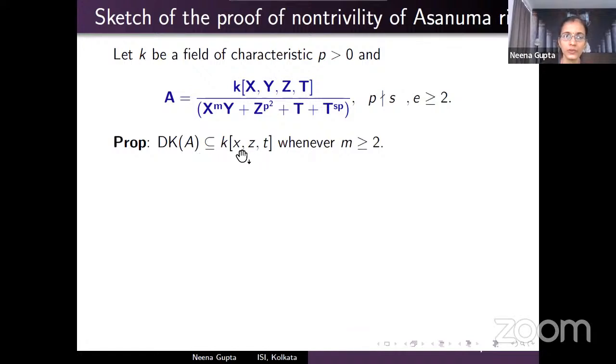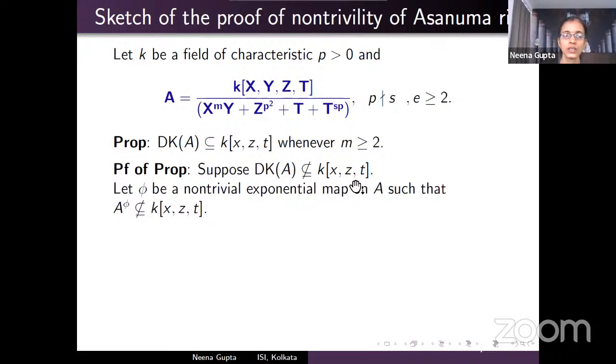So this is the proof. The proof follows from this proposition. And now let me give you a bit of a sketch of the proof. Suppose the Derksen invariant is not contained in this subring K[x, z, t], then you can have